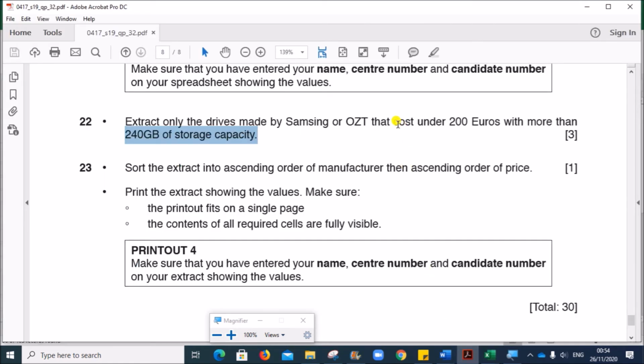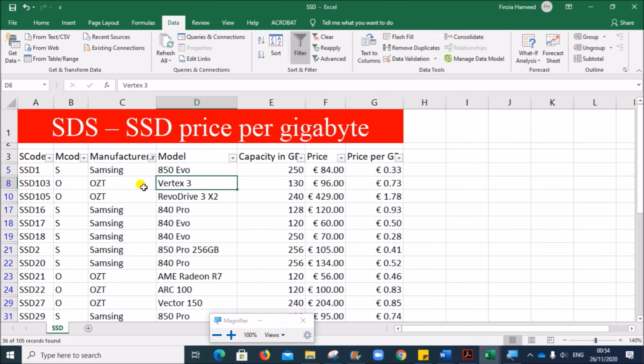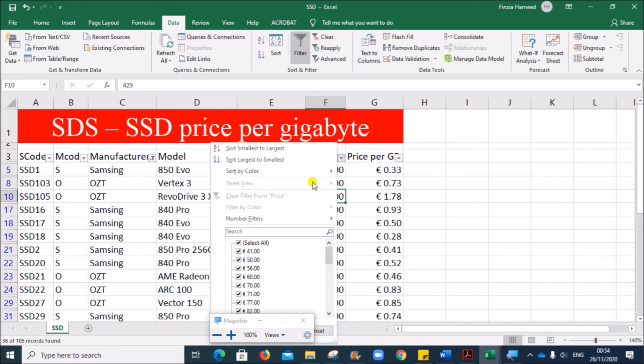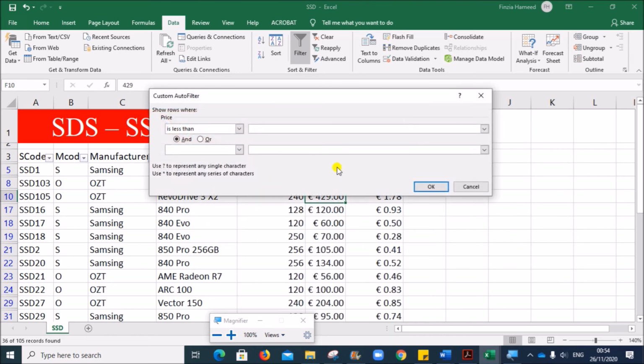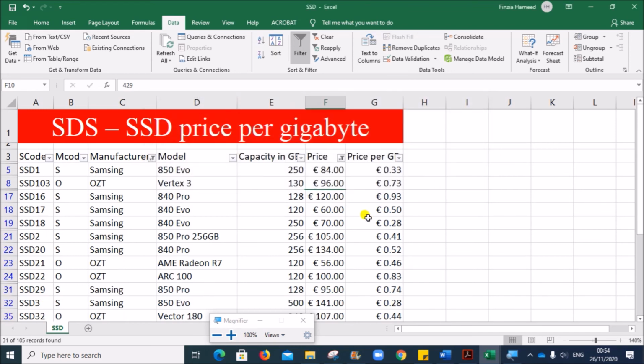Next condition is that cost under 200 euros with more than 250 GB of capacity. So this is the price. Click here, number filters, less than, that cost under. So click on less than 200. Give OK.